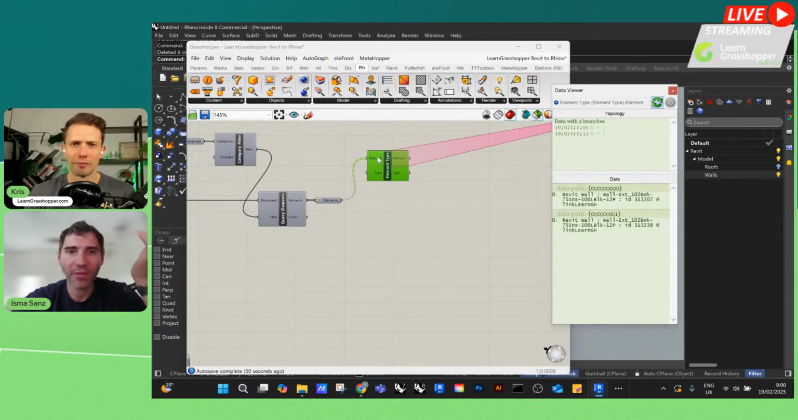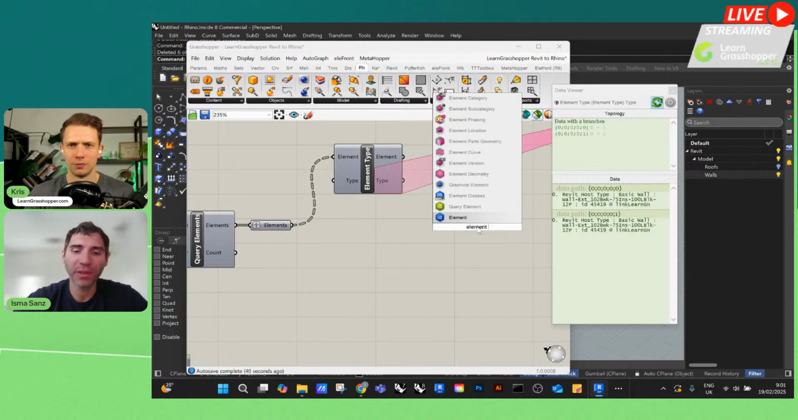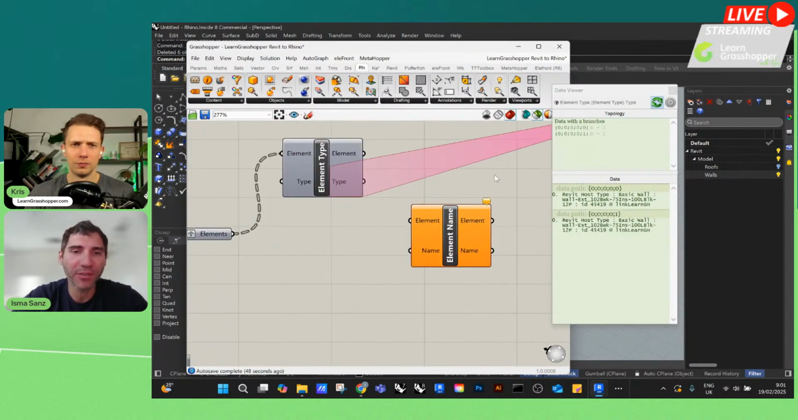So here we can see that we have an element. This is the element, right? And this is the type. Revit host tab, basic wall. So I want to get the name of this type. Sorry, element name. So you can use element name to get the names out of everything that's coming out of this